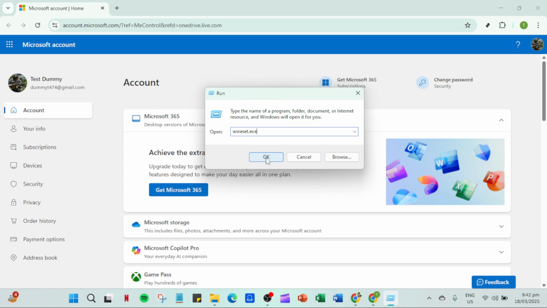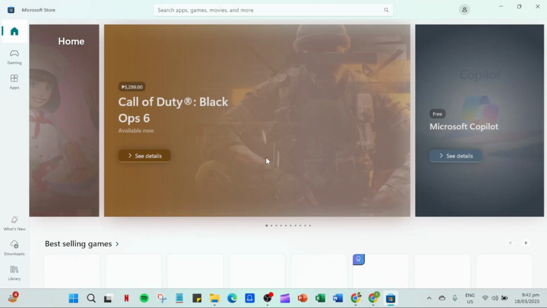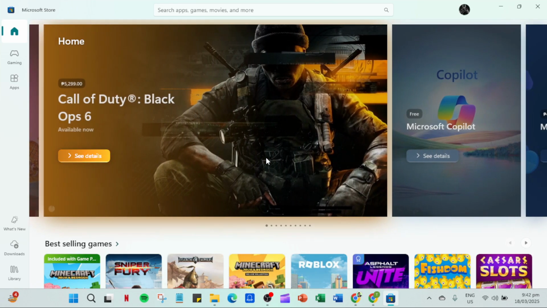Once you've entered the command, you'll see an OK button on the dialog box. Go ahead and click on that. What this does is it triggers the execution of the command you've just entered. The system will then start working on resetting the cache. This process happens silently, so you won't see any on-screen notifications or progress bars, but rest assured the background task